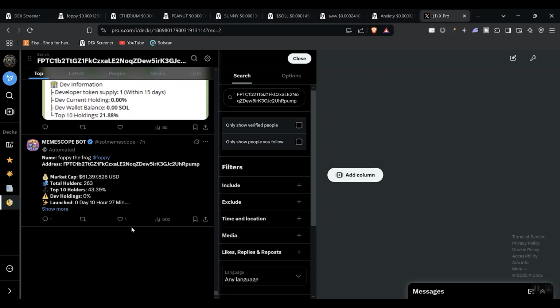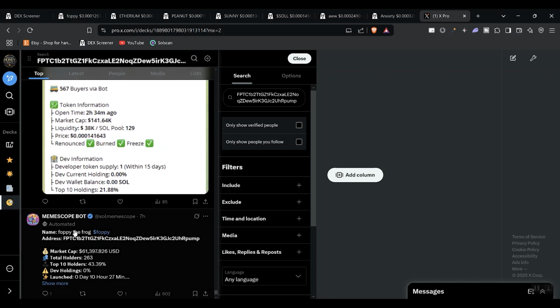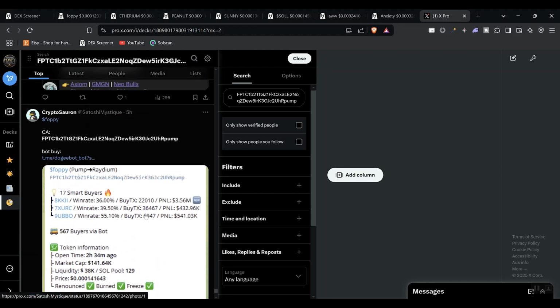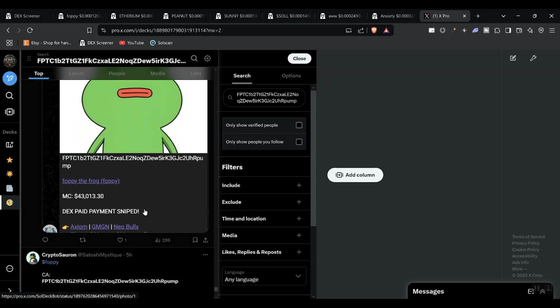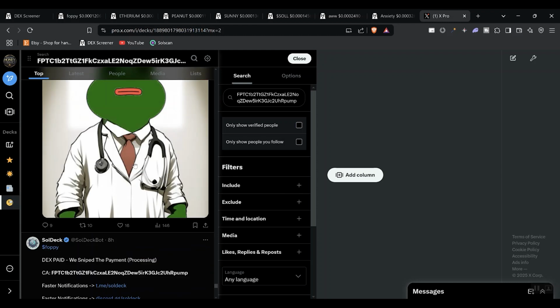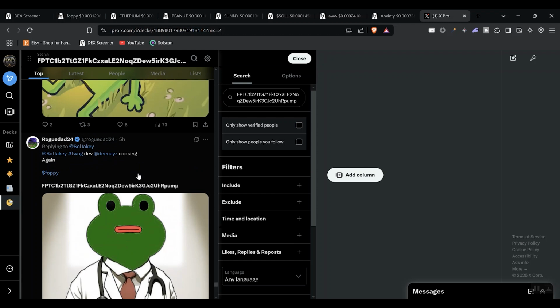So MemeScope bot, that bot is going to mention a lot of different contract addresses. It's an automated bot, so you're going to see, for a token that has likely graduated from Pump Fun, the market cap, total holders, and so forth. So they give you that information. All right, and then you can just start to see who else is talking about this. The Dex is paid. We start the payment processing. So that's coming from the Soldeck channel. Okay, and you can see